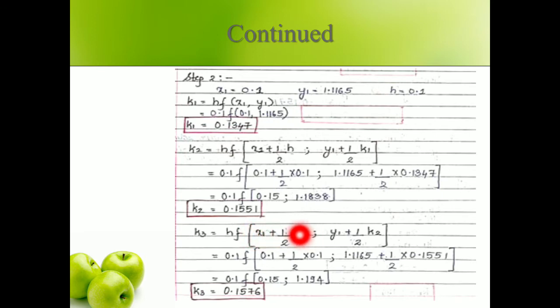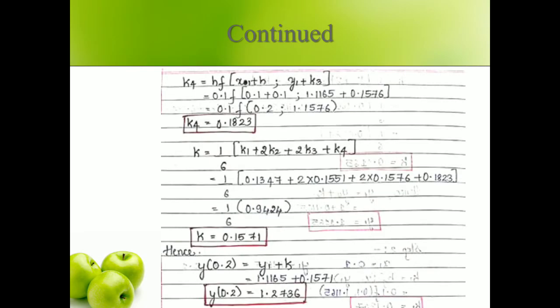Substituting in dy by dx, multiply by 0.1, we get k3 equal to 0.1576. k4 is equal to h of f of x1 plus h, y1 plus k3. Substituting x1, y1, k3, we get f of 0.2 and 1.1576. Substituting x as 0.2 and y as 1.1576 in dy by dx multiplied by 0.1, we get k4 equal to